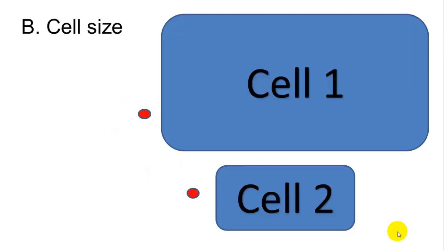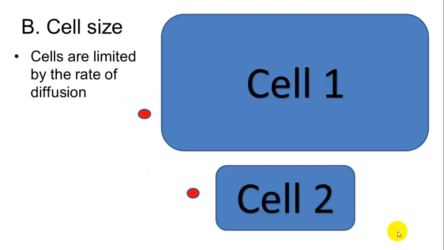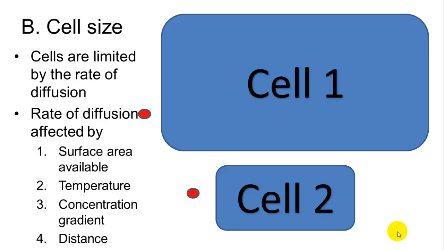So cells are restricted in their size by the rate of diffusion. We'll talk about diffusion later. But essentially, diffusion is the way substances move naturally. And some substances need to go in and out of the cell. So, for example, most cells require oxygen, and so let's say this little red with blue border oval here is oxygen. If every part of the cell needs oxygen, then the cell itself can only be so big before oxygen can't get to those central parts of the cell because the distance is too far to get the oxygen to where it needs to be.